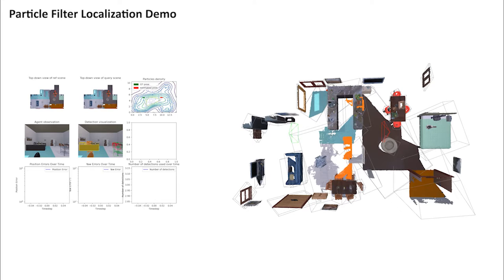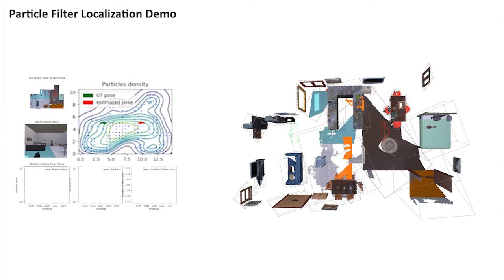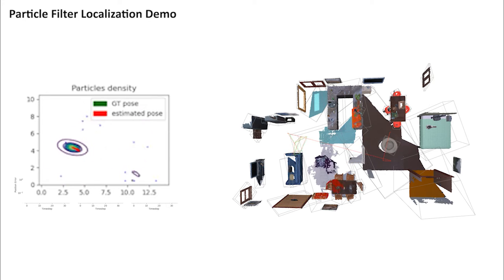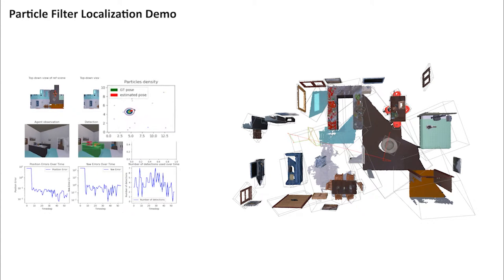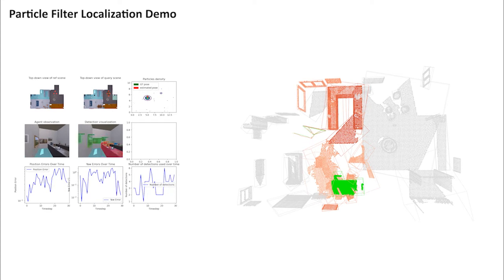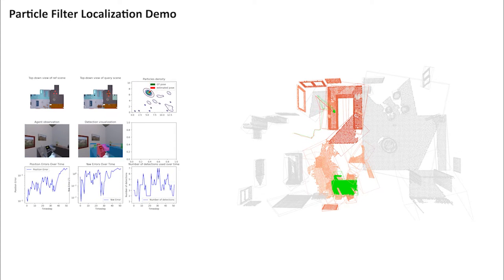The built scene graph can be used for many downstream tasks. First, let's demonstrate localization via a particle filter. Here, we can observe the distribution over the possible locations within the map converge to the correct one. With reference to a built map, we can also detect new objects that are added or moved in the scene,